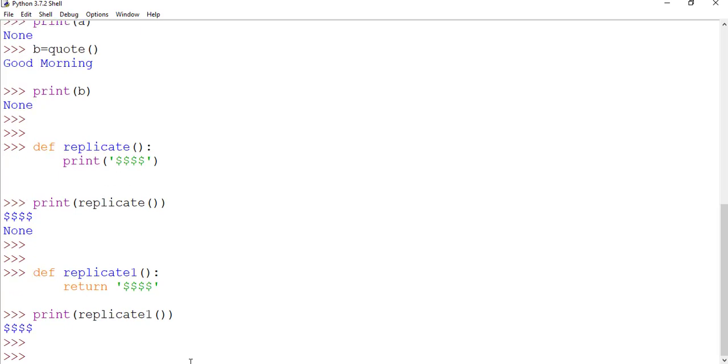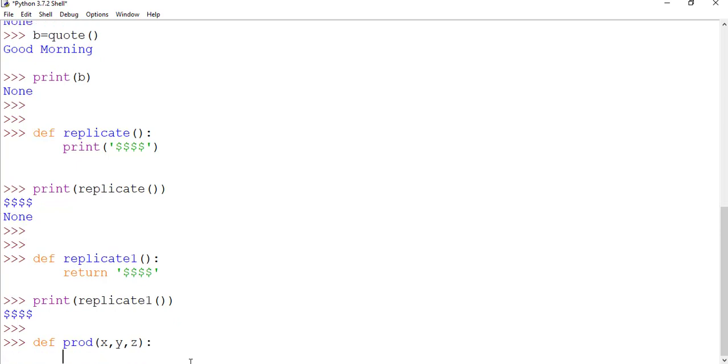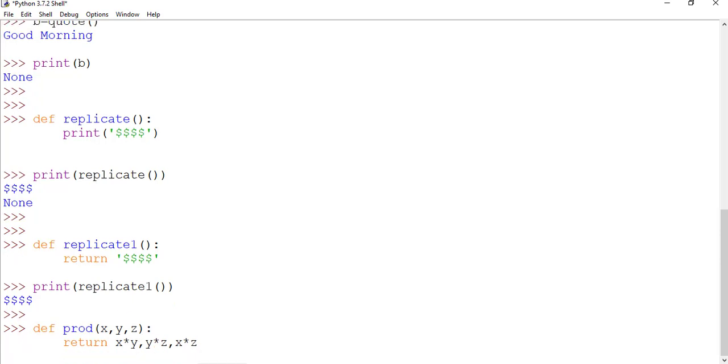Now we will see how we can return multiple values from a function. I have written a function here.